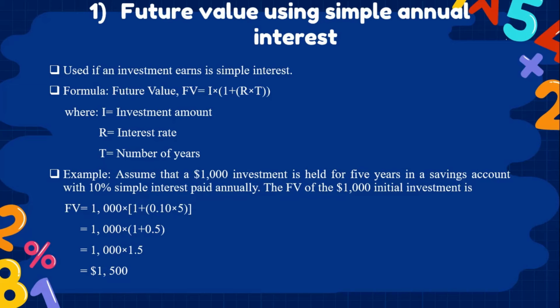For example, assume that a $1,000 investment is held for 5 years in a savings account with 10% simple interest paid annually. So we can calculate the FV because all of the information is given in this case. So FV is 1000 multiplied by 1 plus 0.10 multiplied by 5. And then we can get 1000 multiplied by 1 plus 0.5. After that, we can get 1000 multiplied by 1.5. And the final answer is